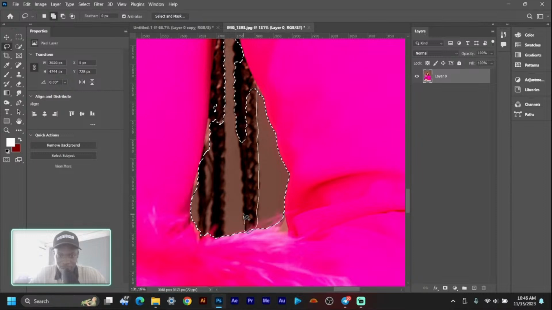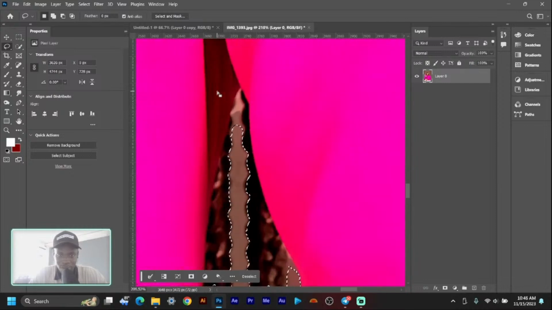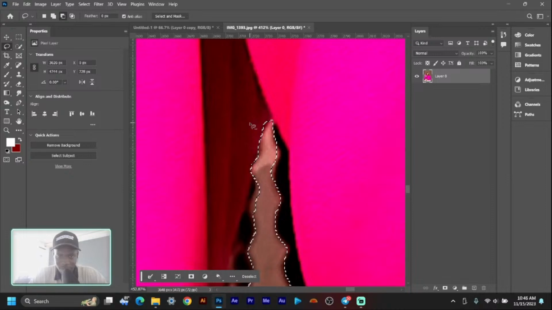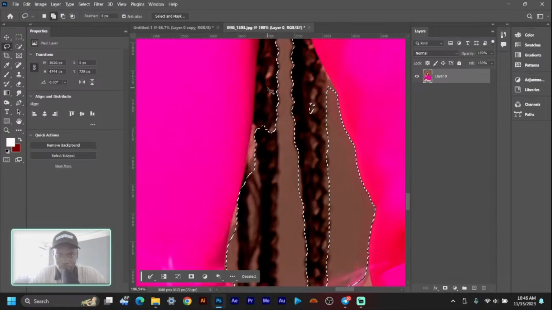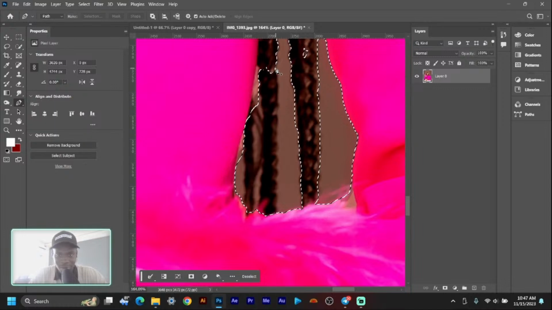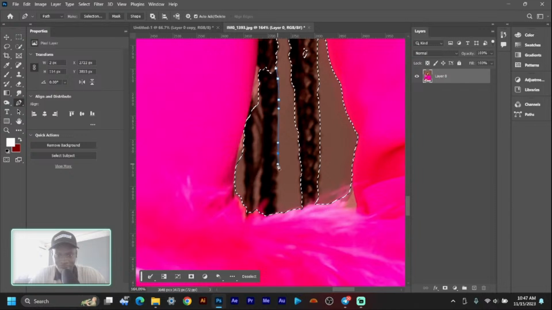I'm using the shift key, and when you're making selections like this, you are most times bound to using several selection tools at the same time or at several intervals. So we can also use the pen tool where you just make some selections if you prefer using this. So I use the pen